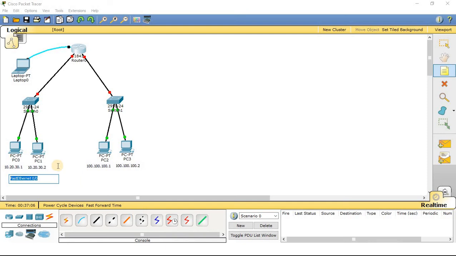Okay, so this particular port of the router is connected with this setup, and here 0/1. So the 0/1 port of the router is connected with this setup. Okay, let us again continue with the configuration.